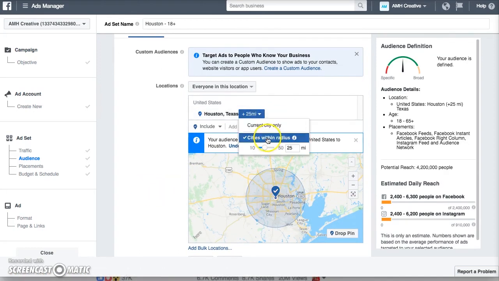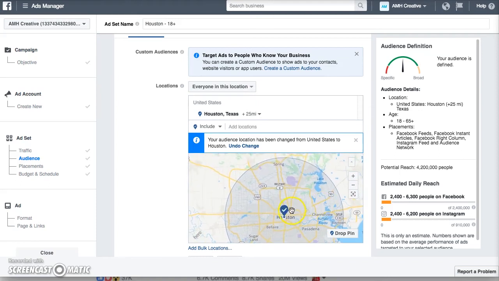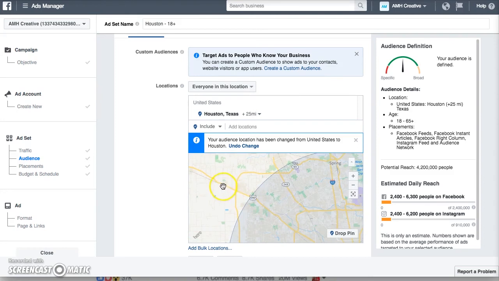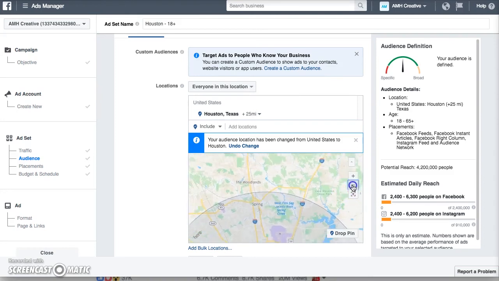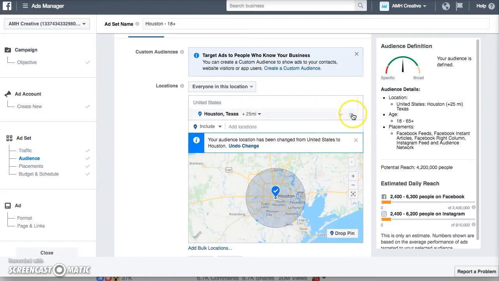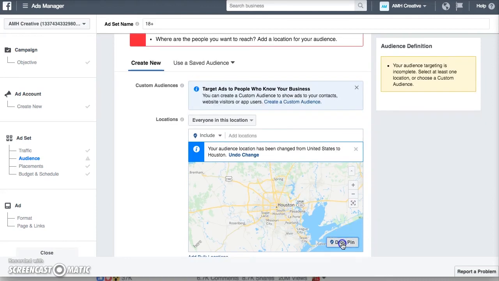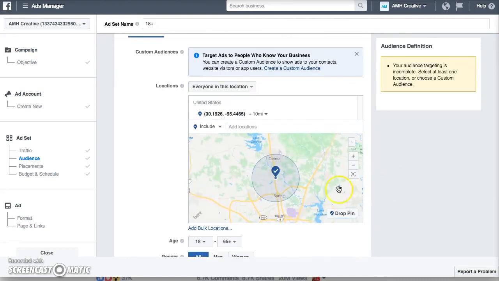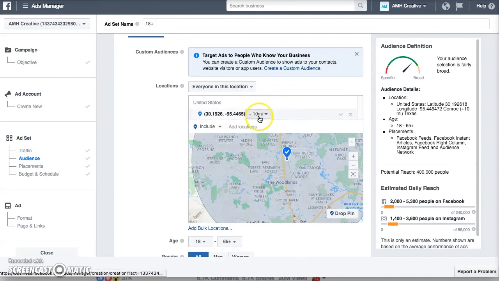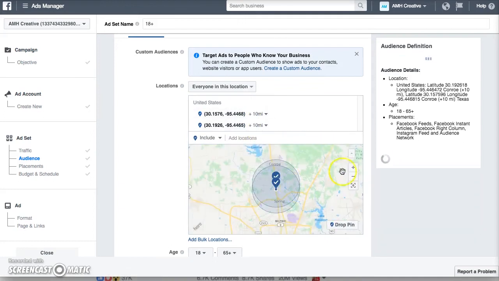And from here, you can select whether you want 10 miles, 25 miles, whatever radius you want around Houston. And so if you see this 25-mile radius, you may be saying, oh, well, I'm not hitting people outside the Grand Parkway, up here in Cypress and Waller, or I may not be up in The Woodlands. And so you can either adjust this radius out, or if you say, well, I really just want to target people in The Woodlands, you can click here and click drop pin, and you can really zoom in and say, I want to do this drop pin plus 10 miles,